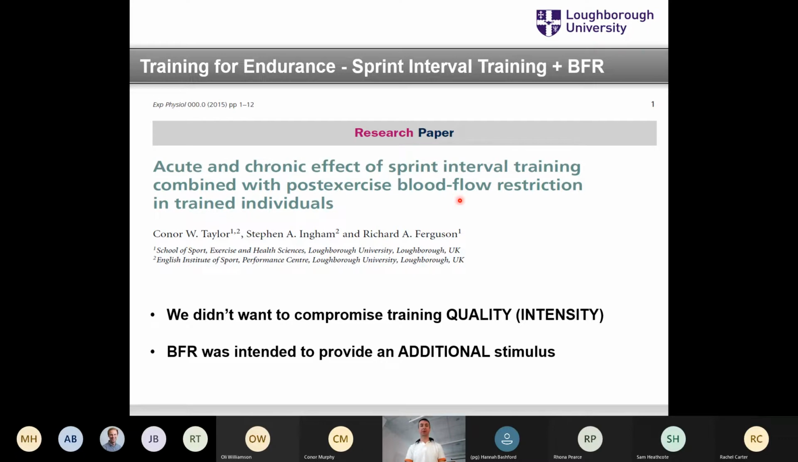We wanted to keep that training quality high. And the role of blood flow restriction was to provide an additional stimulus. So there's already a big stimulus from sprint interval exercise. The BFR was, could we just add a little bit more to it? So Connor's PhD, we did a couple of studies as part of his PhD that are combined in this